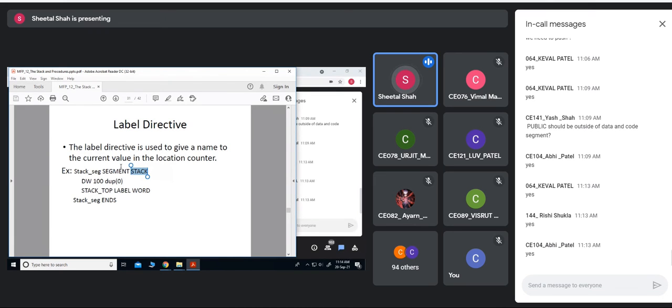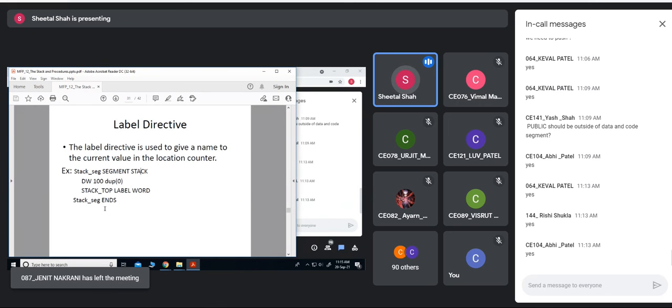I cannot write it as in the earlier data segment and code segment. Here I cannot write the name of the stack segment as stack segment, because this is an assembler directive which shows that this part of the memory being reserved is of type stack. You know that the organization of the memory for the data, code as well as extra segment is the same, whereas a stack segment is somewhat different. Hence, to indicate that this is a stack segment, I have to write stack after the segment assembler directive. Hope you all are getting it.